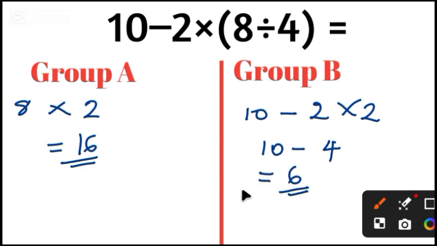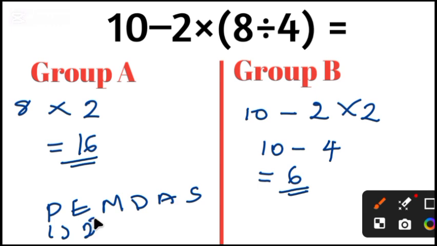Let's check which of them got the answer. Using PEMDAS, P here stands for parentheses, E stands for exponent, M and D stand for multiplication and division, A and S stand for addition and subtraction. Now, in this group A, we can see that they begin with this, so their answer is